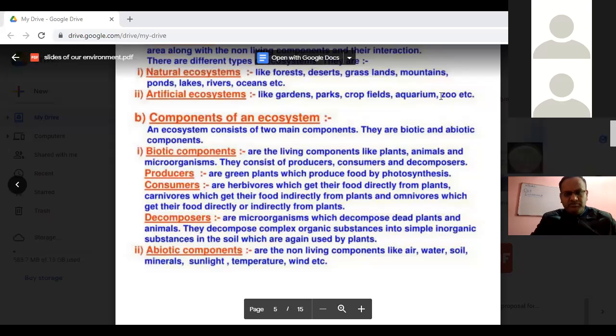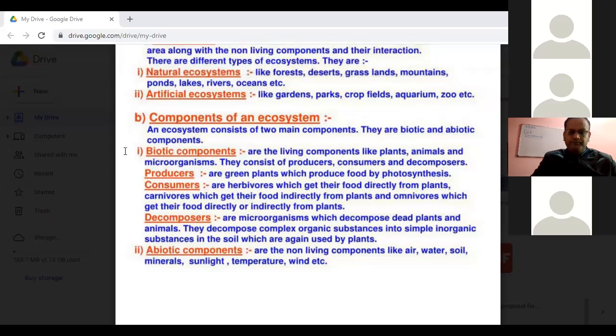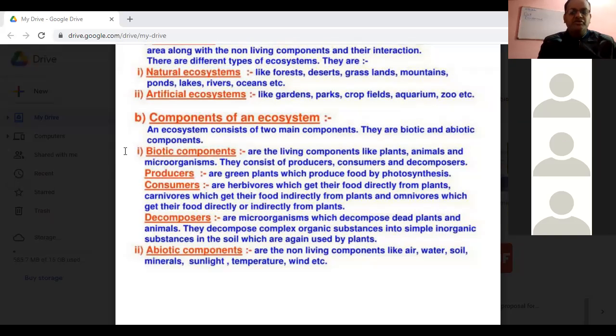These are the organisms that eat both plant and flesh, for example, human beings. And they are called omnivorous. Very good, Aryan. Definitely the consumers are of three types: primary, secondary, and tertiary. The primary are your plant eaters, who are the herbivores. The secondary consumers are the flesh eaters, who are carnivores. And the tertiary consumers are both plant and flesh eaters, and therefore they are called omnivores.